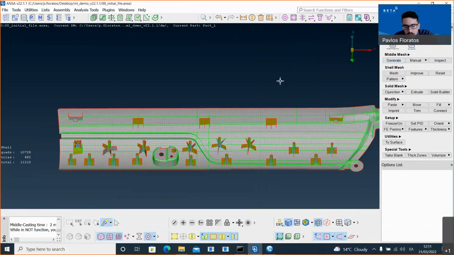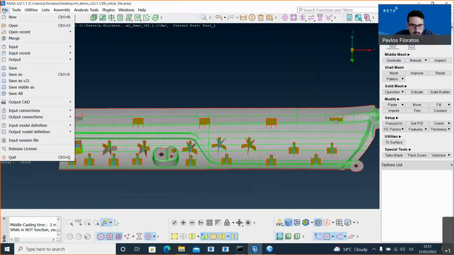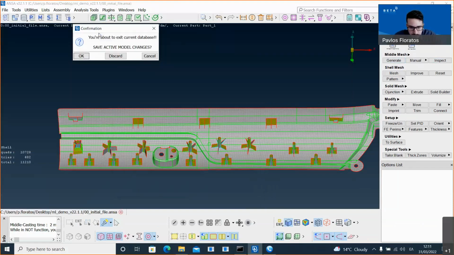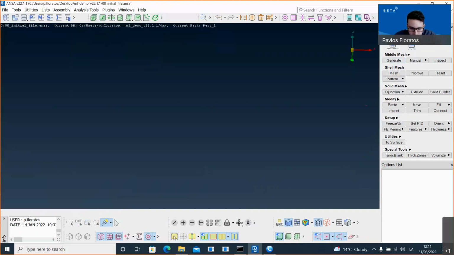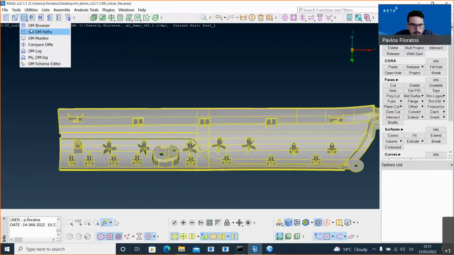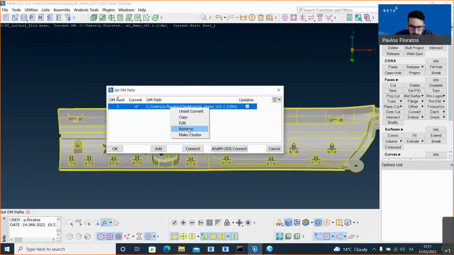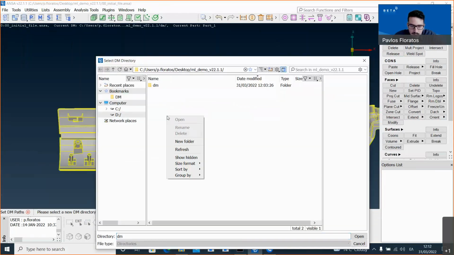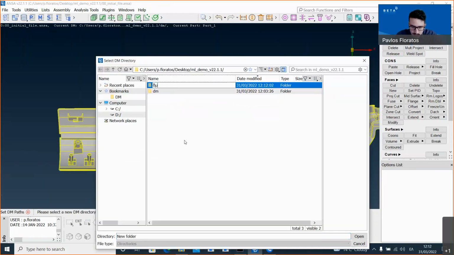And now we will proceed with the second part of the demo, in which we will show how someone can build such a library from scratch. So please let me reopen my example, just to start on a new file. And I will also remove this already complete DM, and I will add a new folder as my DM folder, DM new. Okay.